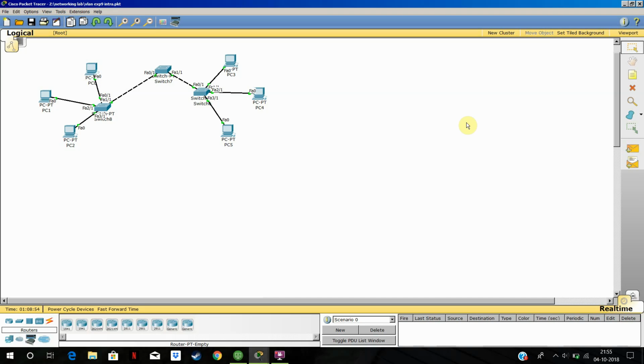Welcome to the ninth experiment of the networking lab, VLAN, which is basically a virtual local area network. In this experiment, I'll be demonstrating an intra-VLAN topology. Intra basically means inside or within. An intra-VLAN is a mechanism in which two hosts in the same VLAN communicate